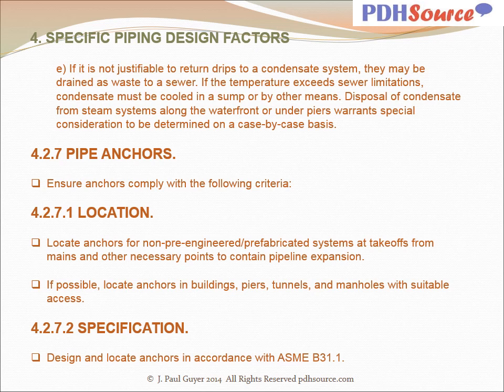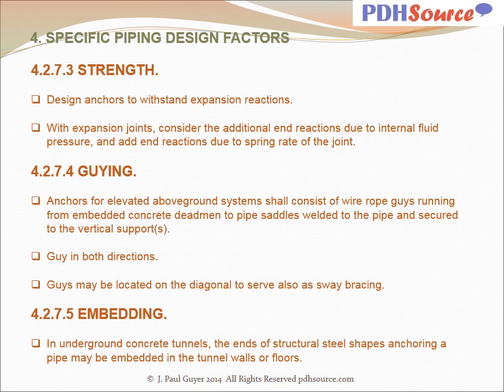Locate anchors for non-pre-engineered prefabricated systems at takeoffs from mains and other necessary points to contain pipeline expansion. If possible, locate anchors in buildings, piers, tunnels, and manholes with suitable access. Design and locate anchors in accordance with ASME B31.1. Design anchors to withstand expansion reactions. With expansion joints, consider the additional end reactions due to internal fluid pressure and add end reactions due to spring